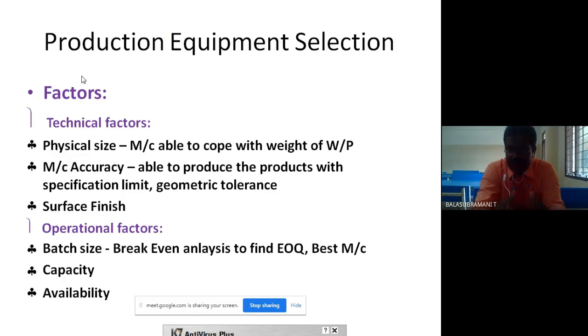In the type of break-even analysis, what is EOQ? EOQ means economic order quantity. For example, one industry makes 8 hours of production to deliver 100 units of parts.